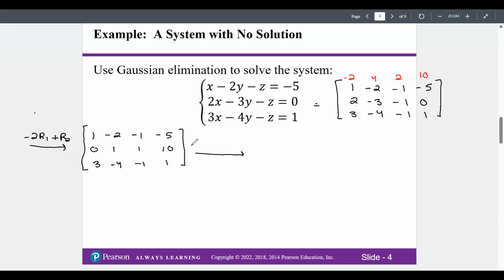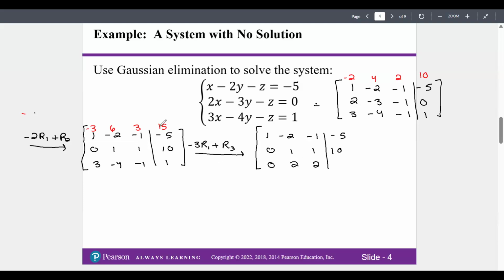This time, we're going to take the top row and multiply it by -3, and add it to row 3. So now this top row is going to actually be a -3, 6, 3, and 15. We'll put back the original row there. The second row, we already rewrote. So now my third row is going to be -3 plus 3 is 0. 6 plus -4 is going to be 2. 3 plus -1 is going to be 2. And then we have